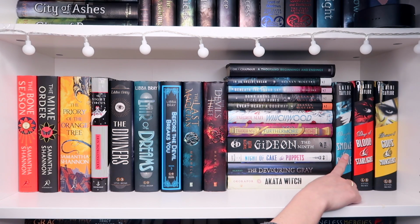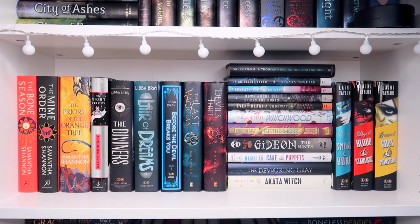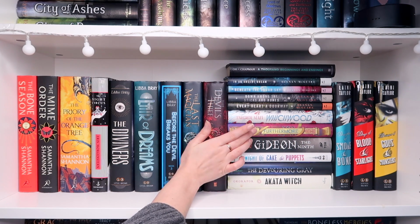This is a novella in this world, the Daughter of Smoke and Bone trilogy world by Laini Taylor, and it is so adorable. It's between 2 of the characters, and I think it's in between Daughter of Smoke and Bone and Days of Blood and Starlight. It's just so well done. Highly recommend it. And then we have Gideon the Ninth by Tamsyn Muir, and then 2 of my favorite books,